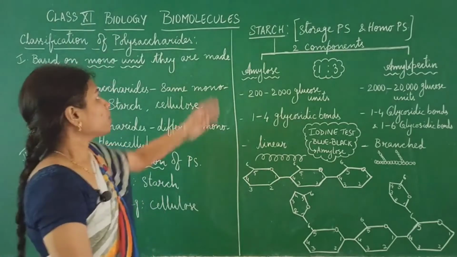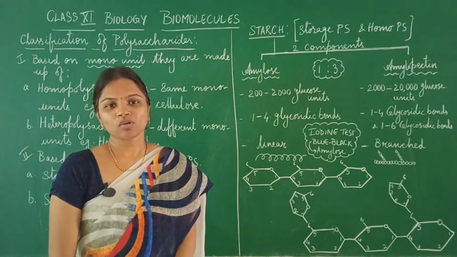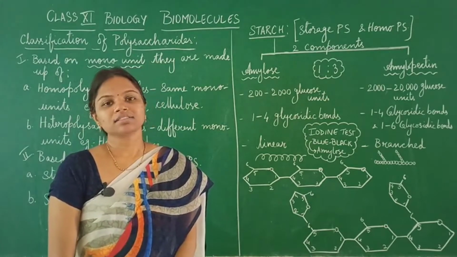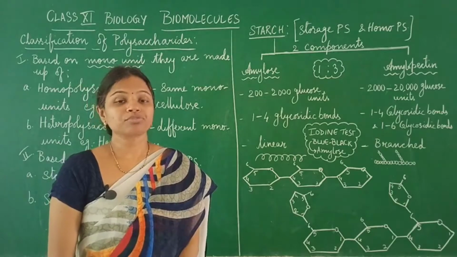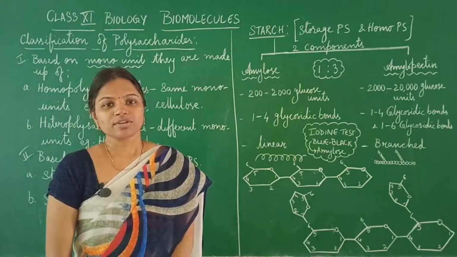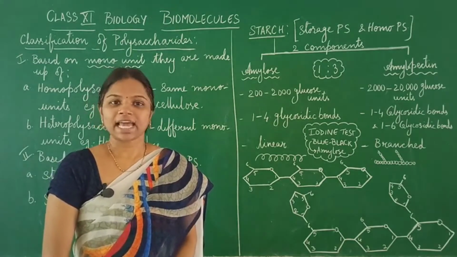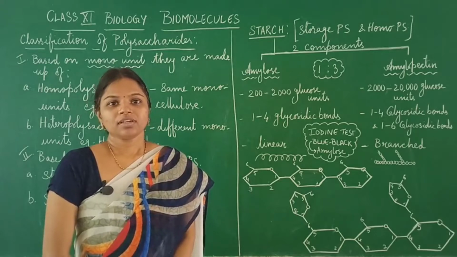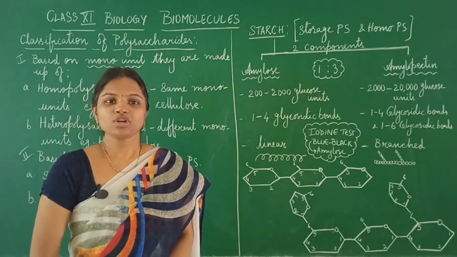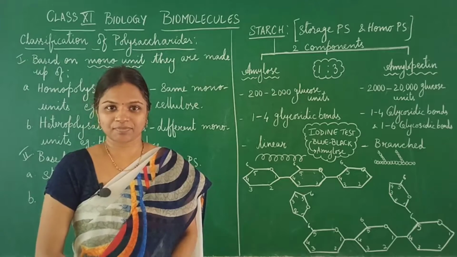In the topic biomolecules, we were learning about the pentose sugars and also the disaccharides. Trisaccharides are the ones which are actually made up of 3 mono units. The best example is raffinose, which is made up of glucose, fructose and galactose. The sugars which are made up of 3 to 8 mono units are generally called oligosaccharides.